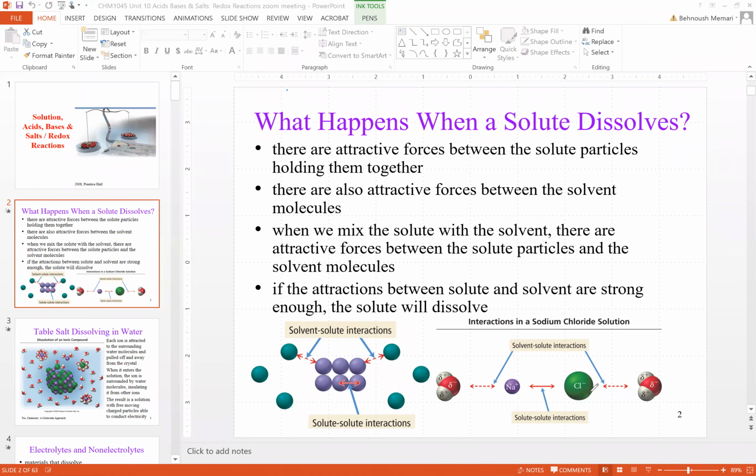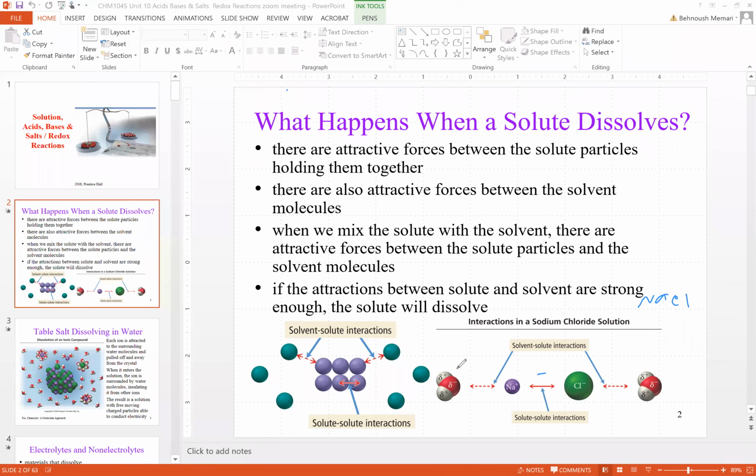We did talk about this in Unit 9 as well, but I was going to talk about solution in this unit to make sure that I can also talk about electrolytes. Okay. So what's happening, sodium and chloride, they attract each other strongly as in a solid sodium chloride. When you add to the water